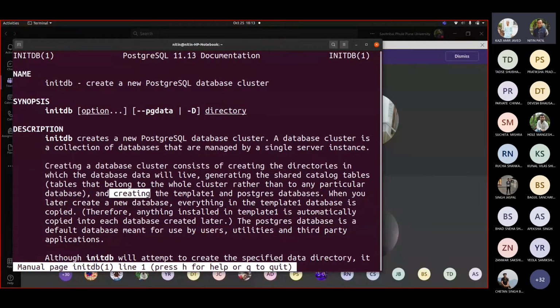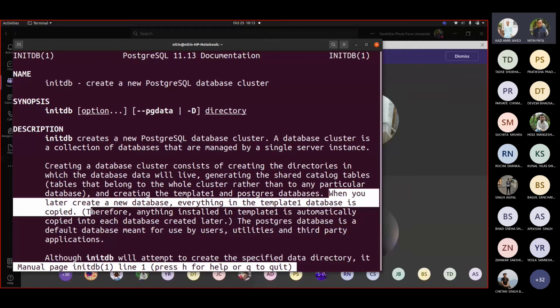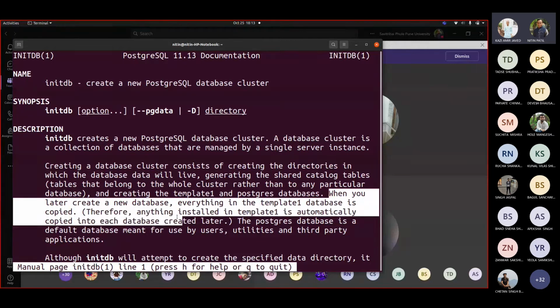And creating the template1 and postgres databases for you. When you create a new database, everything in the template1 database is copied. Therefore, anything installed in template1 is automatically copied into each database created at a later stage.